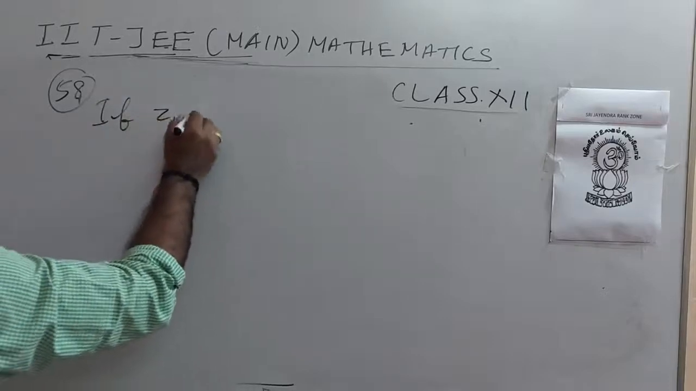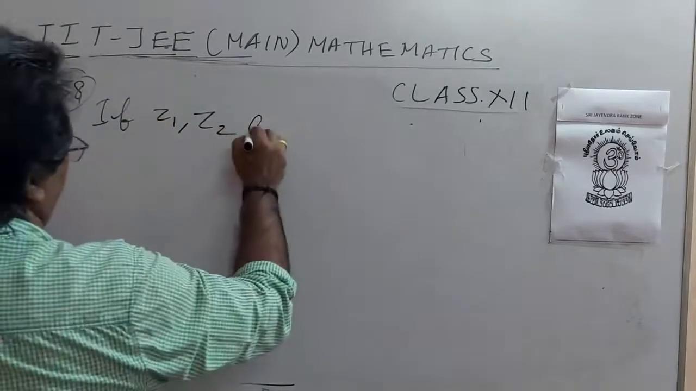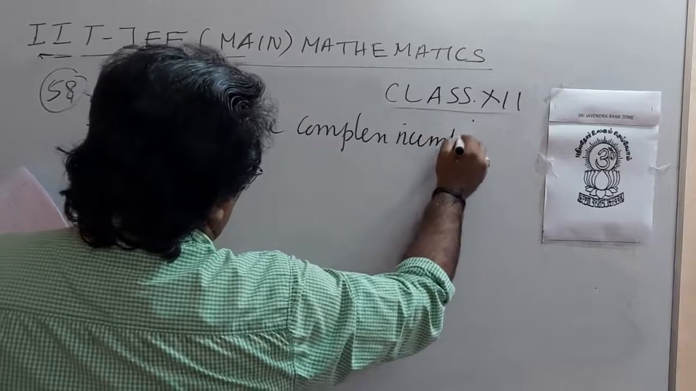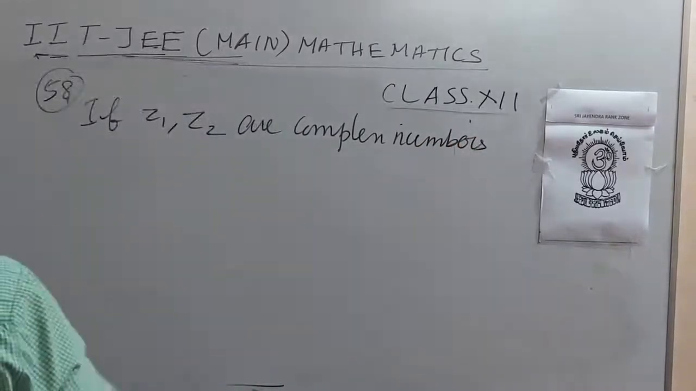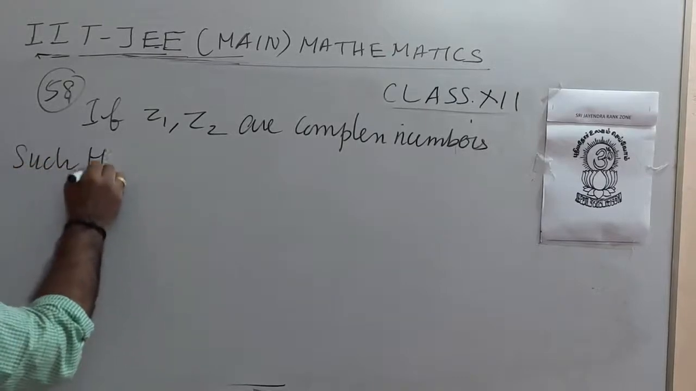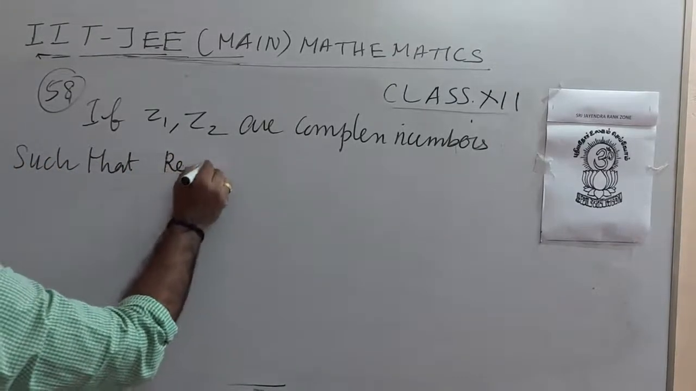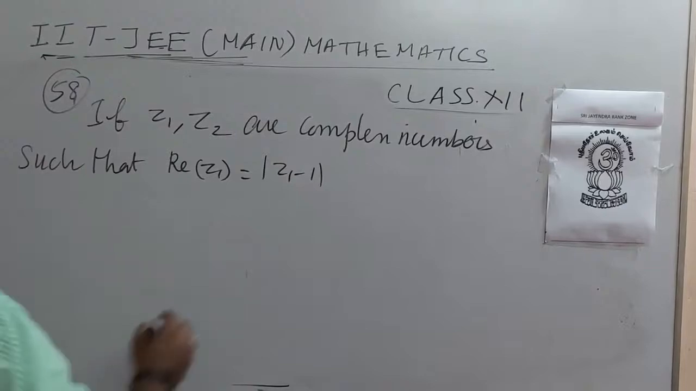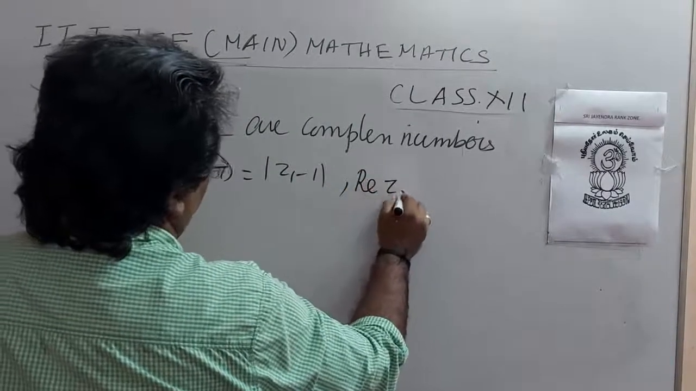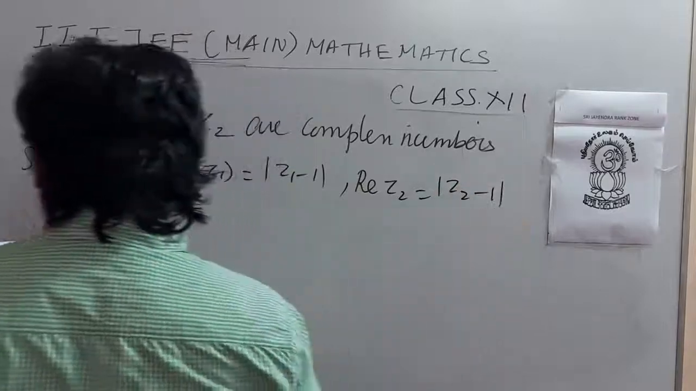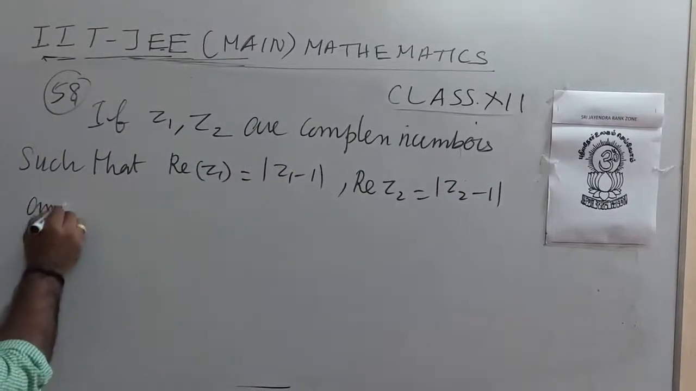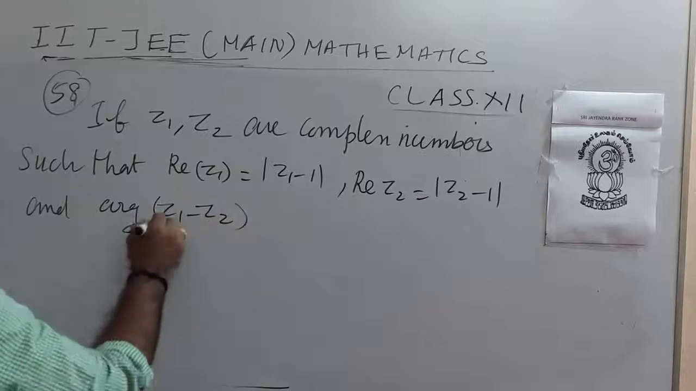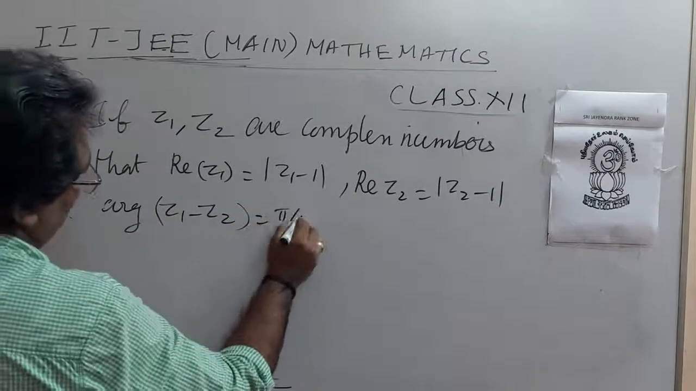If z1, z2 are complex numbers such that real part of z1 equal to z1 minus 1, real part of z2 equal to z2 minus 1, and argument of z1 minus z2 equal to pi by 6,